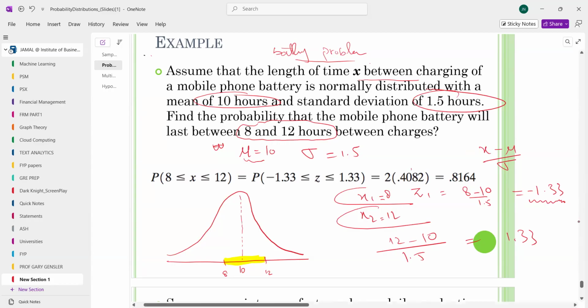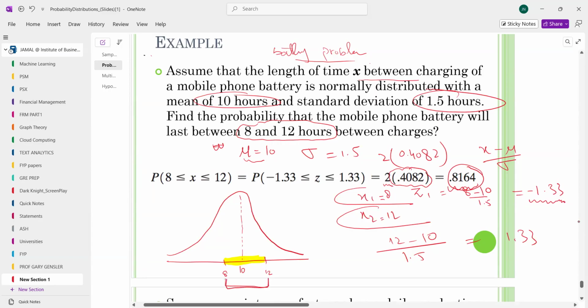So you can simply take the probability 0.4082 and multiply it by 2, and you will get the probability. So now 81.64 is the probability that your x will be within the range of